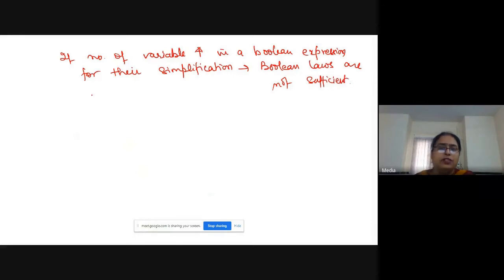So if variables are more than 3 or more than 4, we go for K-map methods. Clear? Yes, ma'am. So this method is generally used for more than 4 variables.